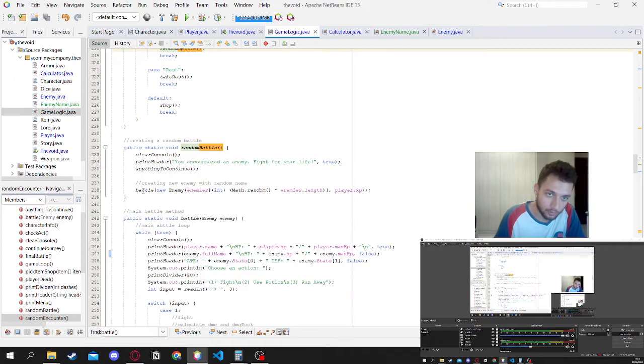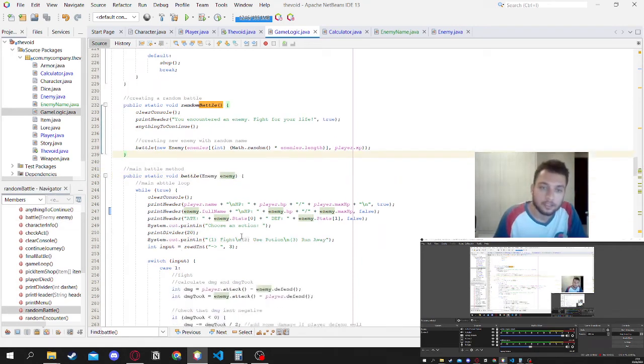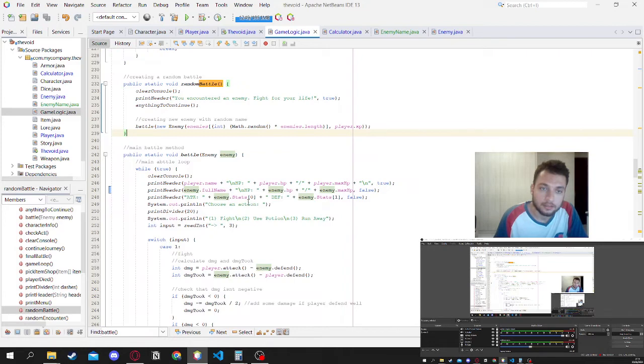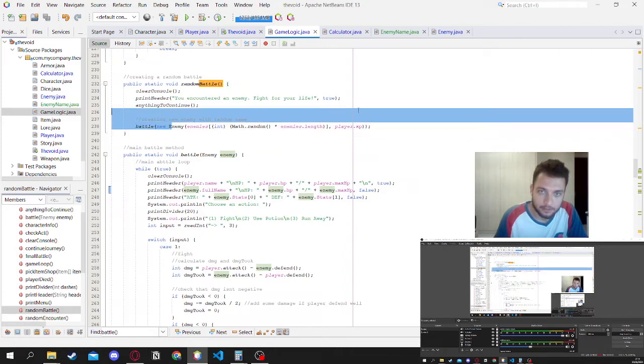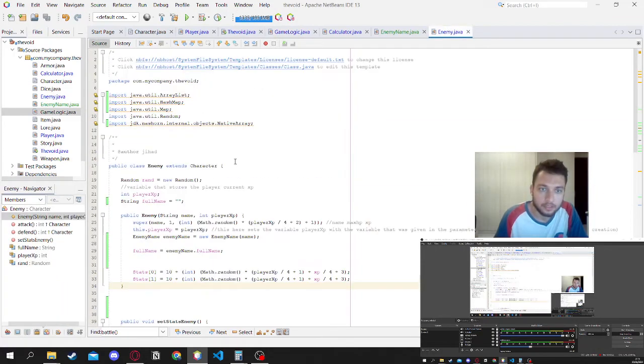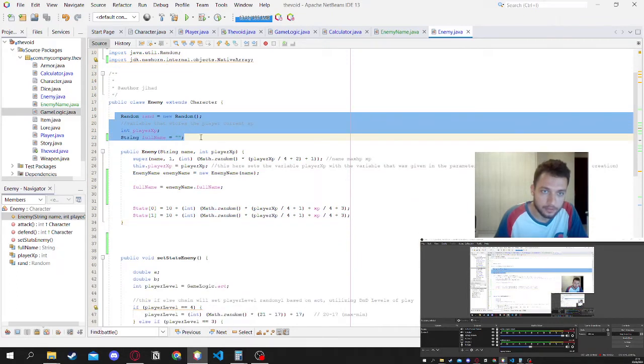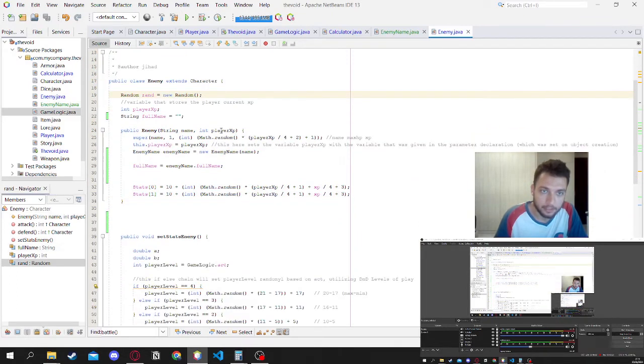Random battle will call battle with a new enemy object, and so when this enemy object is created, this is what we're going to show now. So the enemy object, it's going to generate these variables right in the beginning. It's going to call the constructor. That's right. It's going to call the constructor,